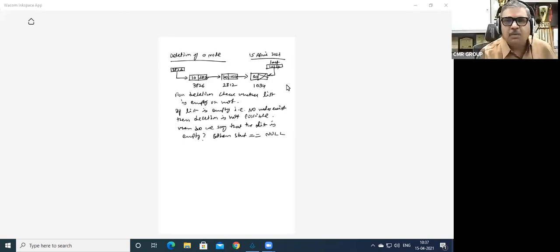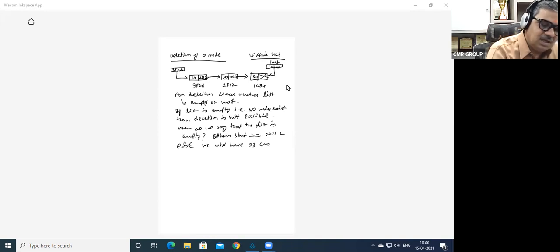So this is a very, very important point which you should remember. When start is equal to null, then we say that the list is empty, so deletion is not possible. Else, for the else part, we will have three cases.